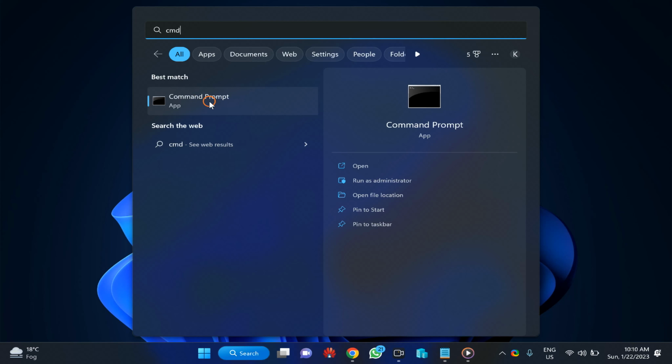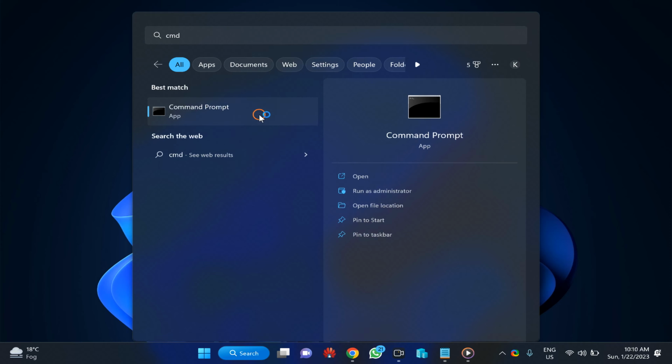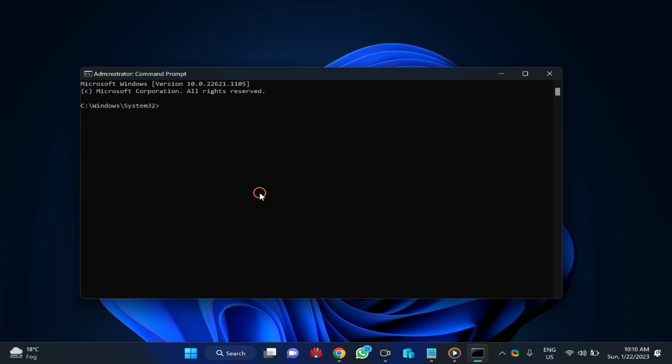Here, right click on the command prompt entry and select the run as administrator option. If user account control prompts, click on the yes button. Then type sfc space slash scannow and press the enter key on the keyboard.